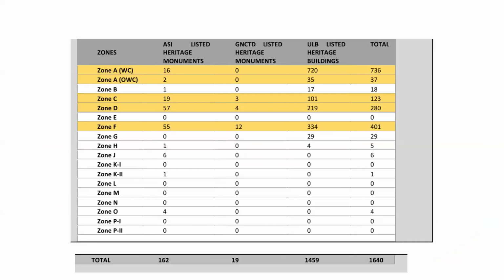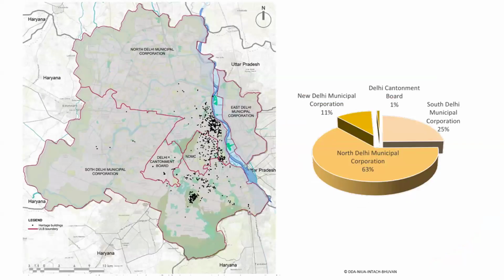and what agency owns it, and this belongs to which zone of Delhi. So we have listed heritage monuments that belong to the state. We have the urban local body listed heritage buildings and precincts. And this is just a total that we're talking about. Coming to the